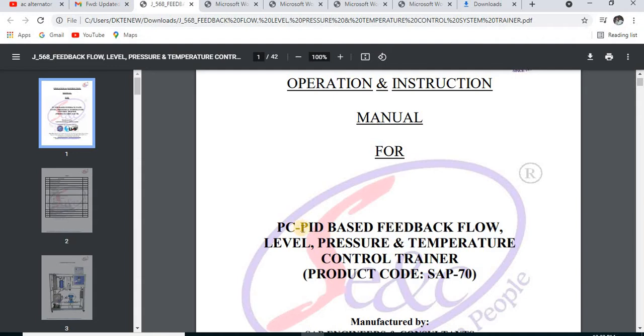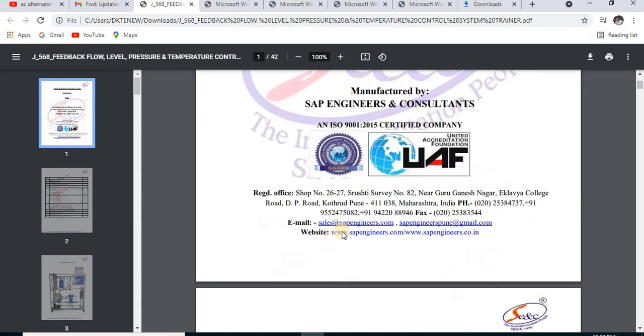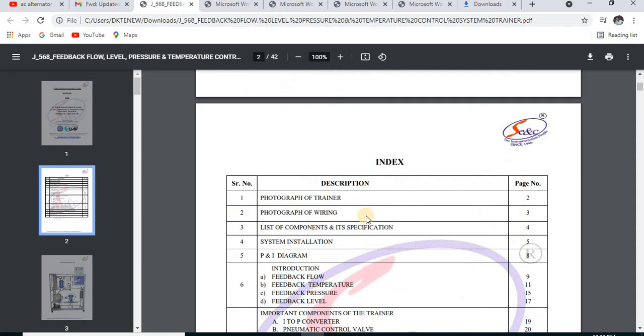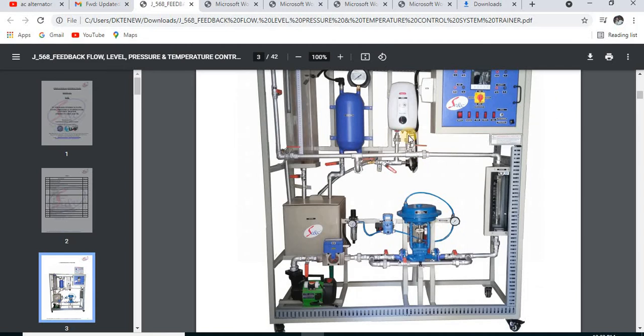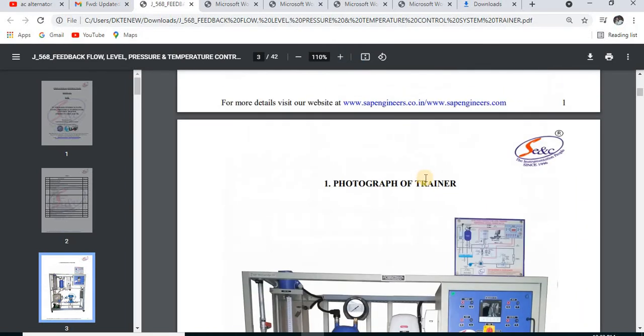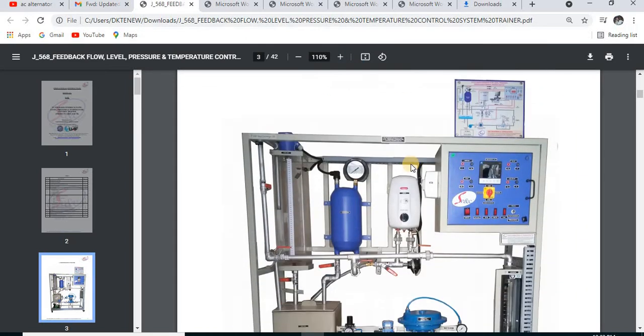P means proportional, I means integral, and D means derivative controller. So this is the first kit, and this is how the kit looks. You can see here, this is a trainer photograph in which here is a level indicator bar.